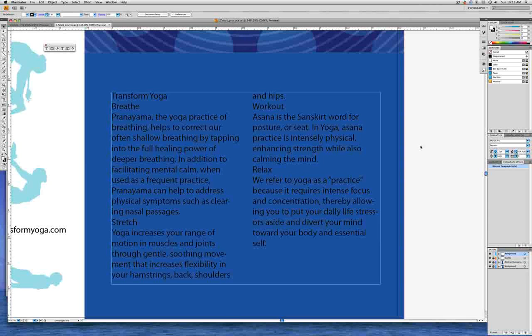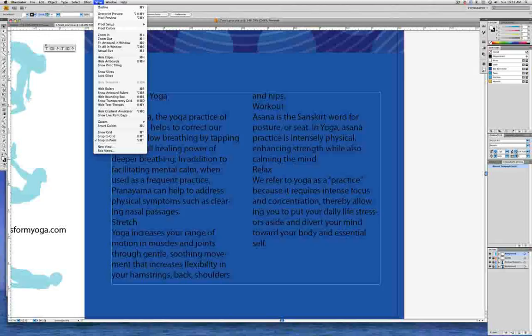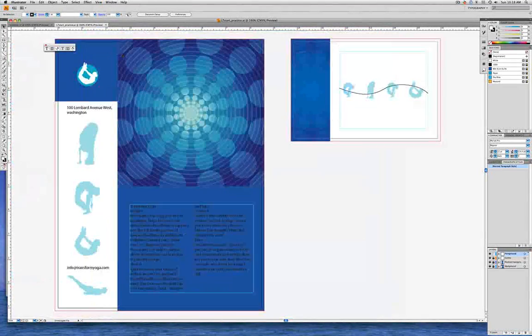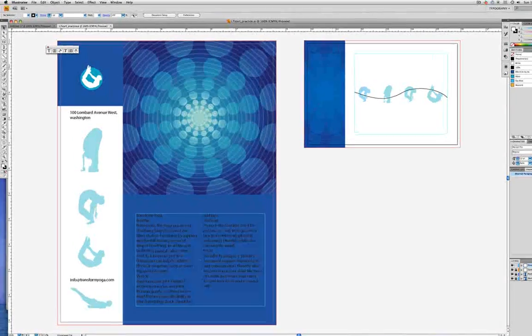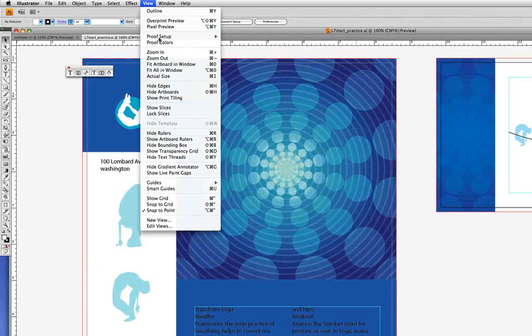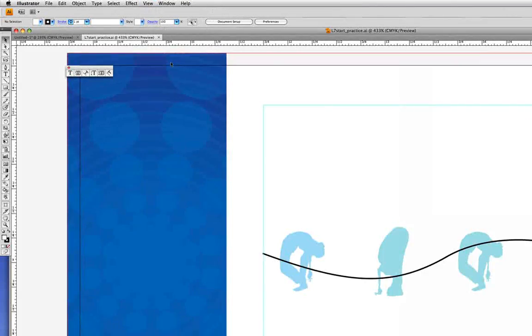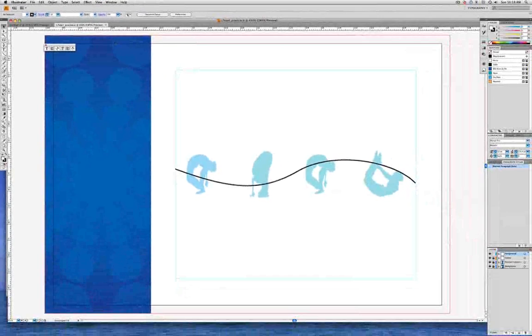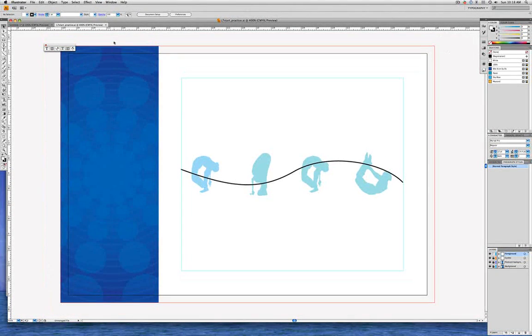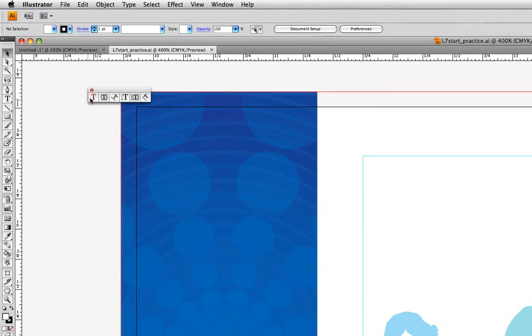Okay, we're still in our L7 Start document, and I'm going to go under the View menu to Fit All in Window. And with the black arrow selection tool, I'm going to click on the artboard on the right in order to activate that artboard. And I'm going to go into the View menu to Fit Artboard in Window. And then I'll just Command minus or Control minus to zoom out just a little bit,